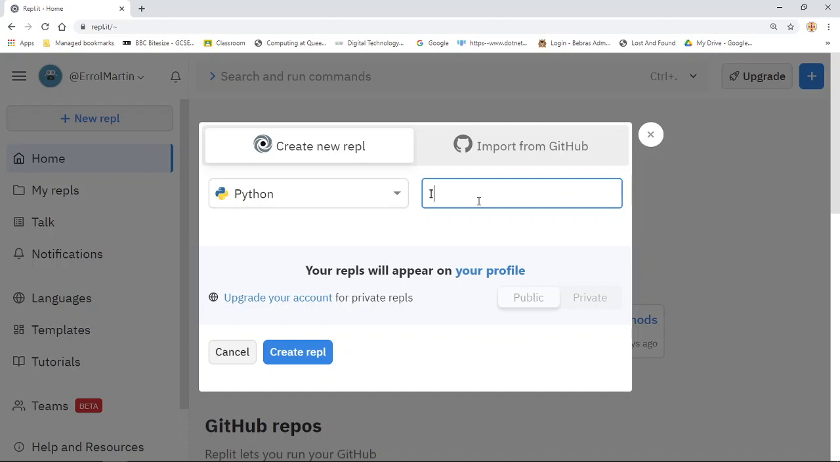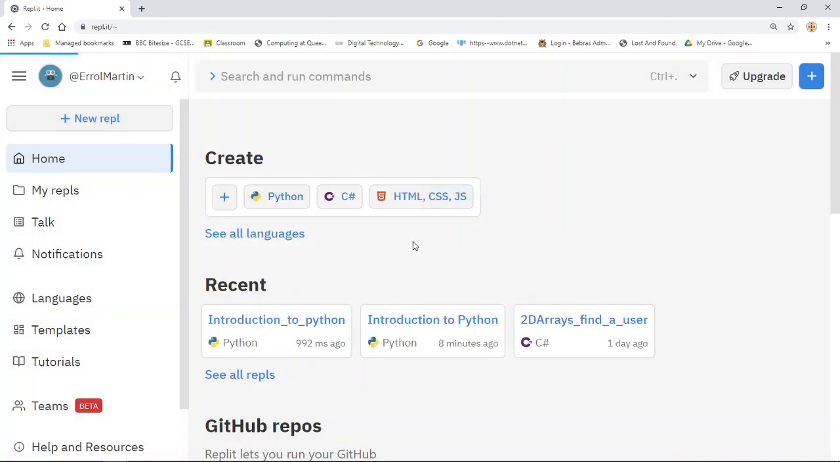So I'm going to type in introduction to Python. And it's always a good idea to either use no space between words, or if you want the words to be easily read, then you put an underscore in. So I'm going to go ahead and create that,